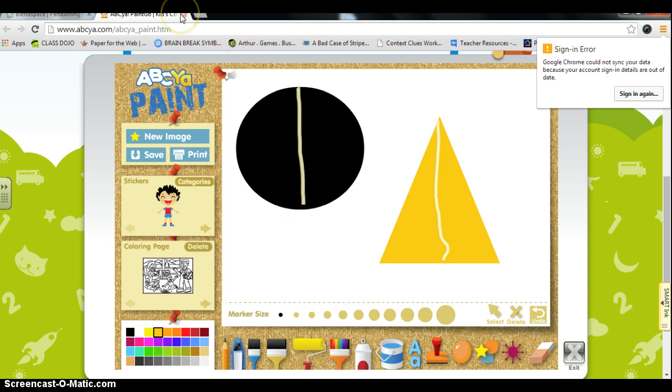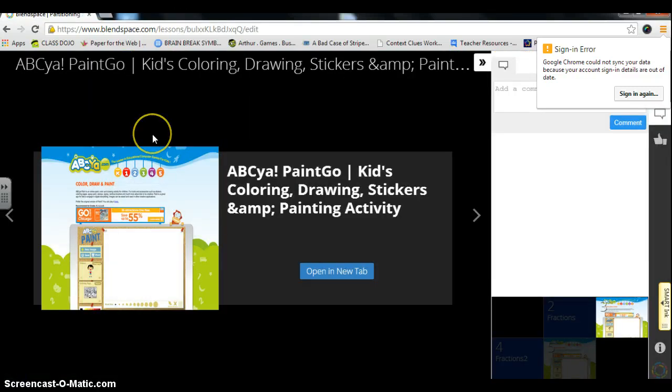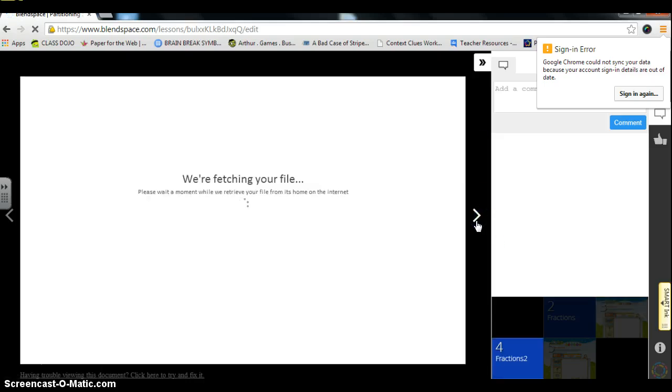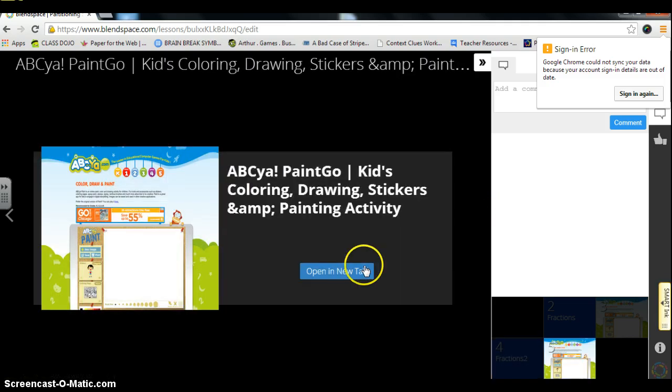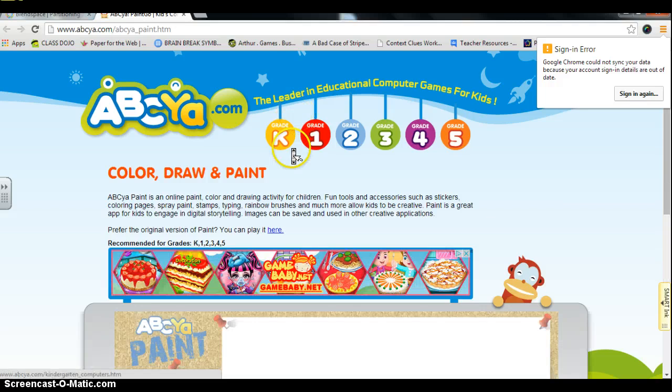Now, once I'm done practicing partitioning shapes into halves, go up to the top where you see the tabs and you see the X. To get out of this, you click on the X and you're back to blend space. Here's the picture of blend space. Go over, and now you're going to do the same thing with quarters. Go over again, open up the paint,